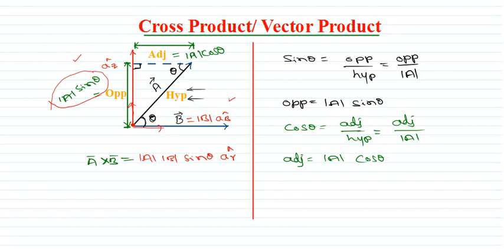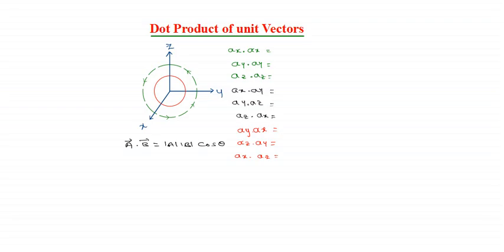So now let us move on to the next thing, dot product of unit vectors. So what will happen here? Here ax dot ax: along x direction there will be an ax unit vector, along y direction an ay unit vector, along z direction an az unit vector. Now when I multiply ax dot ax, imagine, unit vectors always have magnitude 1. So ax dot ax means unit vector ax, which is 1, dot unit vector ax, which is another 1, into cos of the angle between ax and ax.